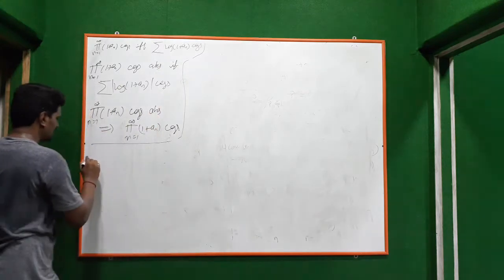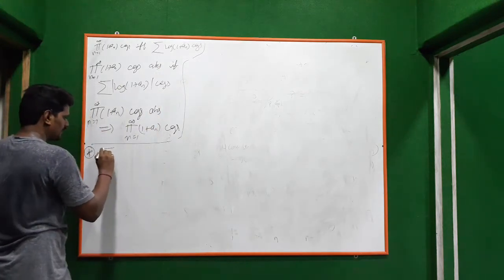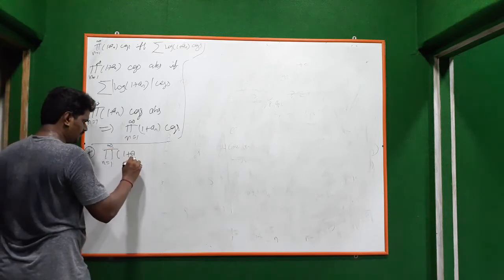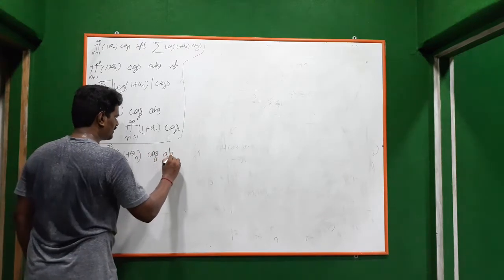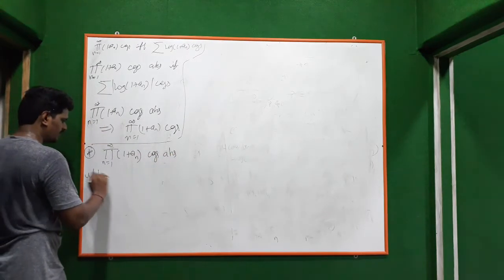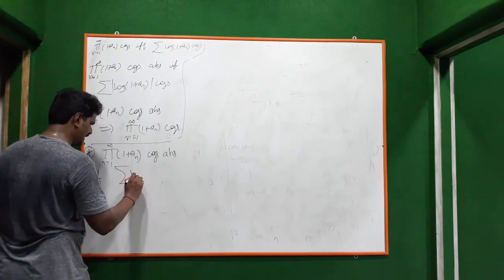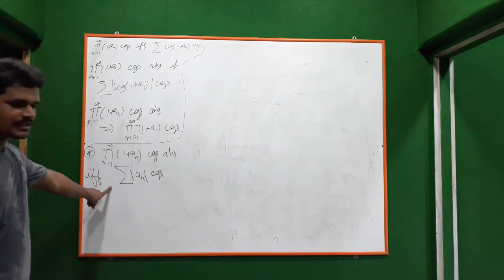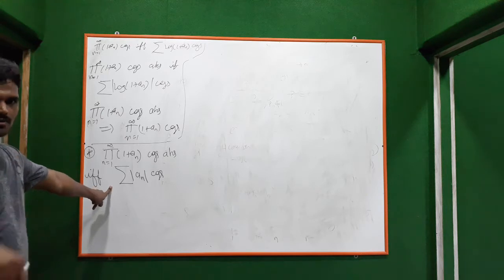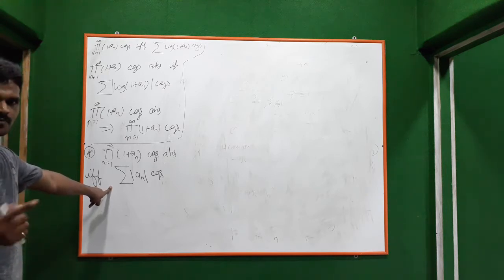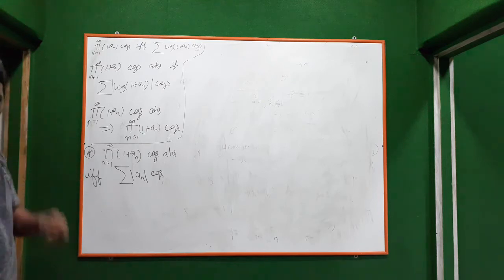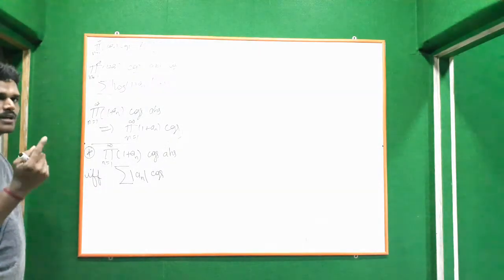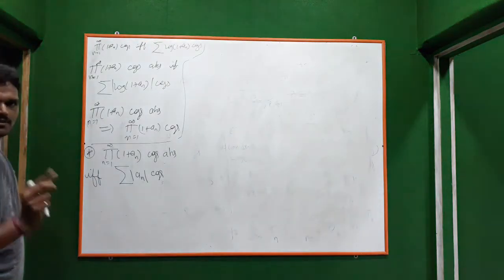Now there is some other result. We have the product n from 1 to infinity 1 plus an converges absolutely. This converges absolutely if and only if the series summation mod an converges. This is the result which you can use to prove the problem there: 1 plus z cube and so on up to 1 plus z power 3 power n minus 1. Okay, you can use this and prove the convergence of that product, and you can find the region of convergence also.